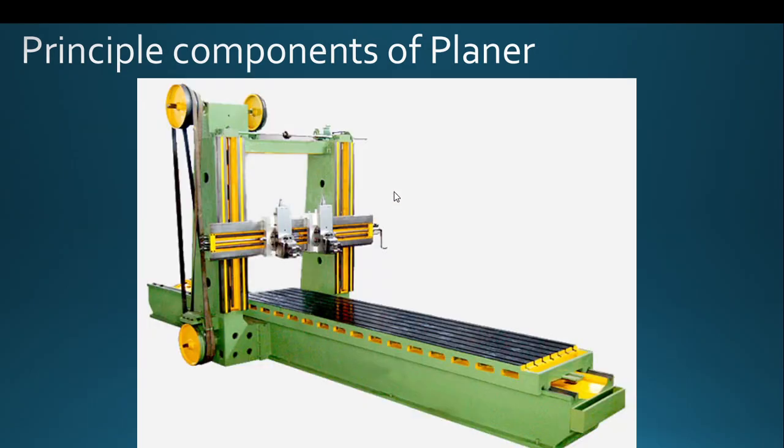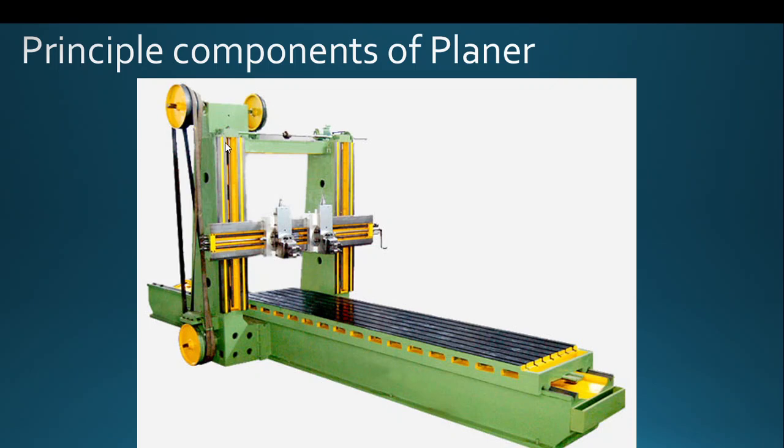So this is a photographic look at a planar machine used in workshops. See, this is nothing but our bed, a long strong casting, and above that the V bedway is provided. This is the V bedway. On the V bedway, the table is engaged to slide in front and back direction. See, this is nothing but the rackway cut beneath the table. The rack is again meshed with the pinion which is housed inside the bed, and this is nothing but our column or housing column.